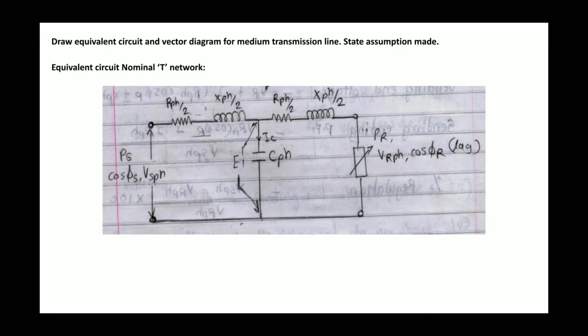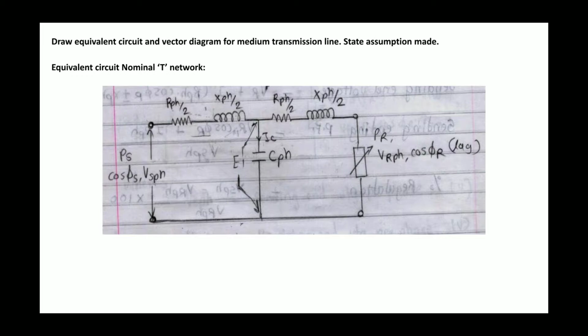In the previous video, we started unit number 2 of the subject Electrical Power Transmission and Distribution. The title of unit number 2 is Transmission Line Parameters and Performance. In this unit, we learn the line parameters, the concept of R, L and C. Then we learn the classification of transmission lines: short, medium and long transmission line. Then we learn the performance of the short transmission line.